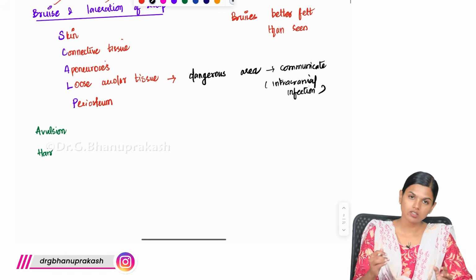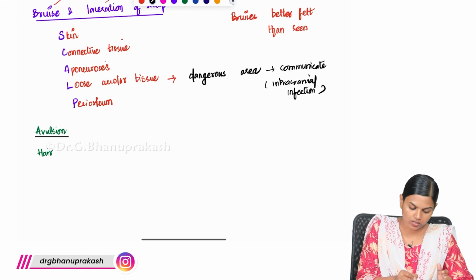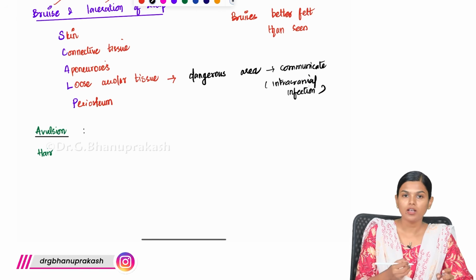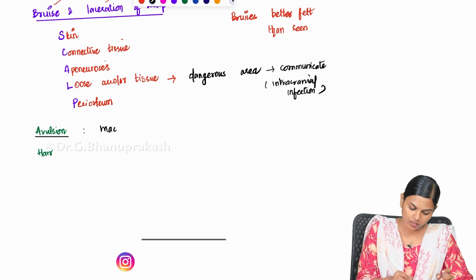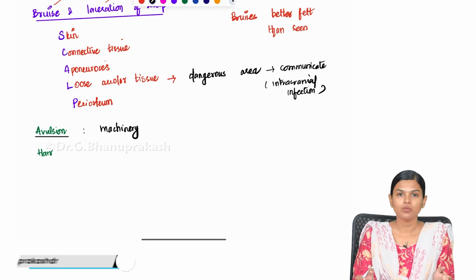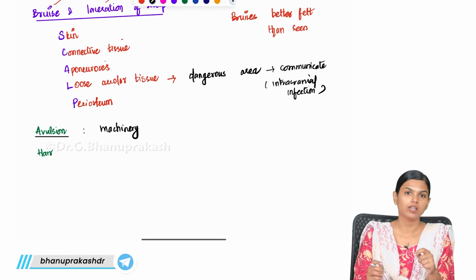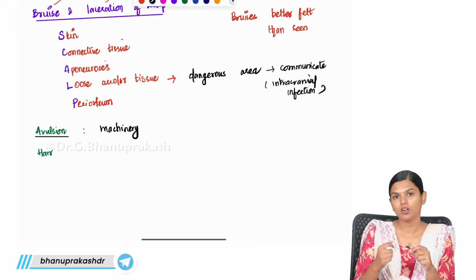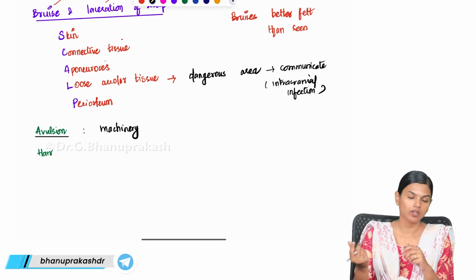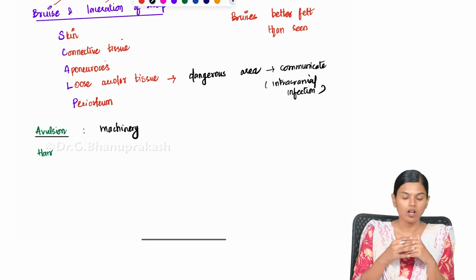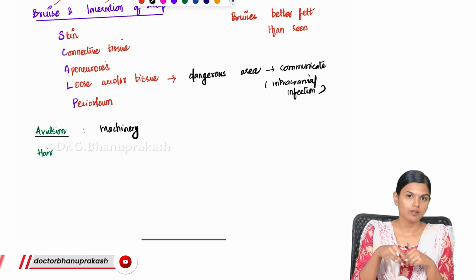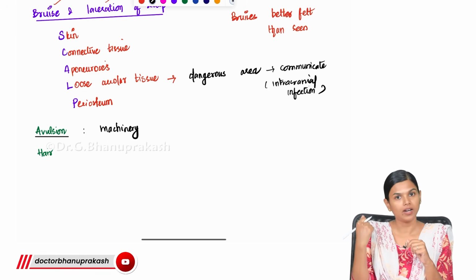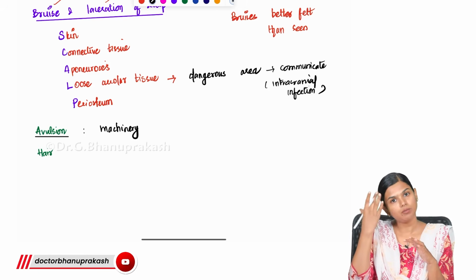Next thing that we can see in scalp is avulsion. This avulsion is commonly seen when there is any machinery. Like I saw a case, what happened was that they were using this grind machine, where they put the grain and it will cut down all the parts and give us the grind. Unfortunately, that lady's hair got inside that machine. So that machine pulled her hair, and along with it her scalp got avulsed.